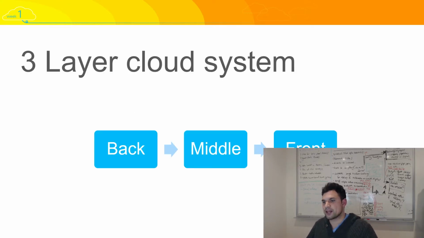So we can actually abstract this into three distinct areas. The first one being the front end, which is the physical device. The front end is what you see as a user. Then we have the middle end and the back. The middle is sort of like the network, the interface between the front end and the back end. Really, the front end connects to the back end through a network or through the internet, and the middle layer just sort of orchestrates the traffic that goes through there. And then the back end is where the actual cloud sits. So let's have a look at these in a little bit more detail.